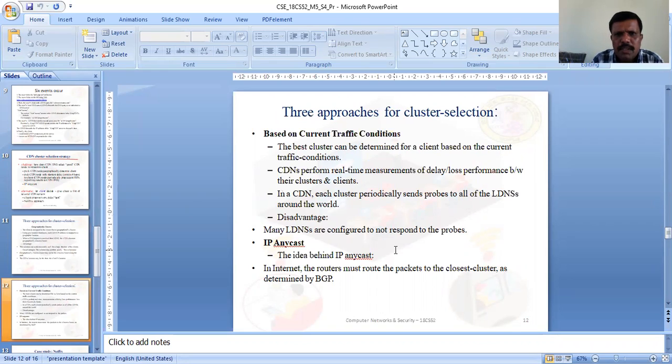Content delivery networks perform real-time measurements of delay or loss performance between the clusters and clients. Each client is connected to the closest cluster. So what is the available bandwidth? How much loss has occurred? How much delay has occurred? Loss performance is measured as and when videos are streamed from the streaming server from each of